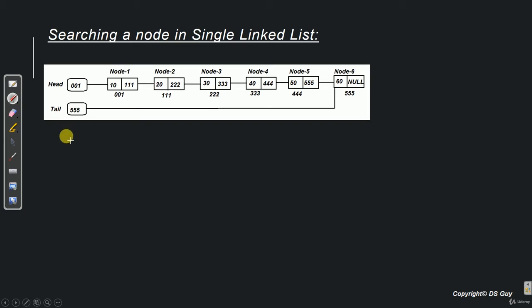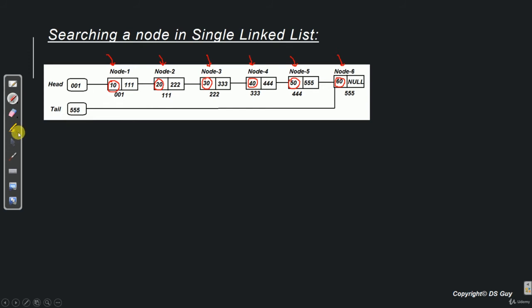Now let's take one more example. Let's say we want to find number 70 is there in this list or not. So we again create a loop and start from first node. Is this equal to 70? No. We go to next node. Is this equal to 70? No. Go to next node. We keep repeating this for each node, and the answer is no each time. Now since this node is the last node in this list, we return a message saying that number 70 is not existing in this list.